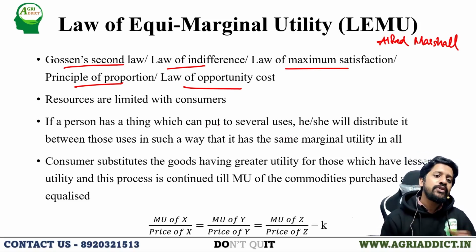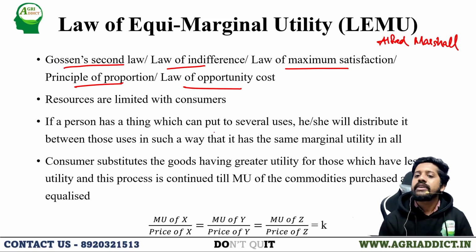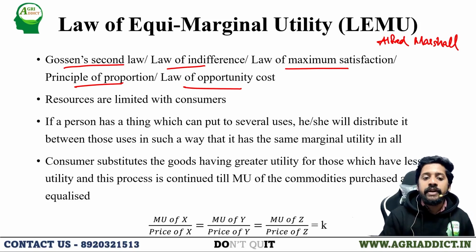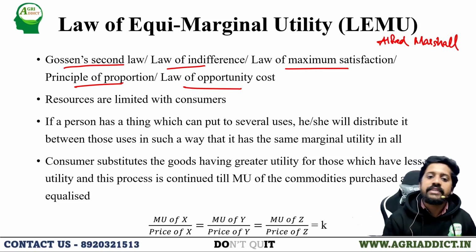So what was the case while we were discussing the law of diminishing marginal utility? There we had infinite resources, right? Our grandma was able to give whatever we wanted. But here we are constrained with some amount of resources. So resources are limited here. Grandma has given me only 500 rupees. So I have a resource constraint. With this limited resource, I have to spend in such a way that I allocate this resource among the products, and that is explained by this law of equimarginal